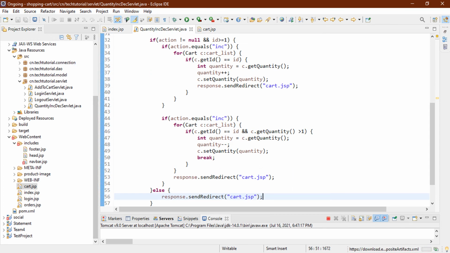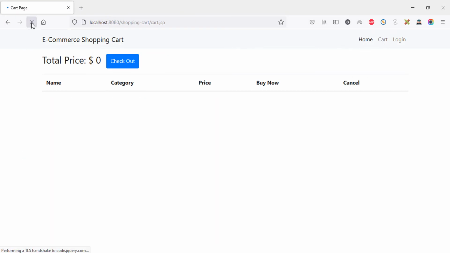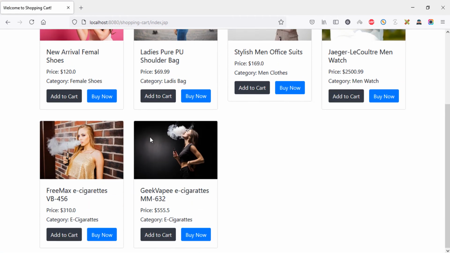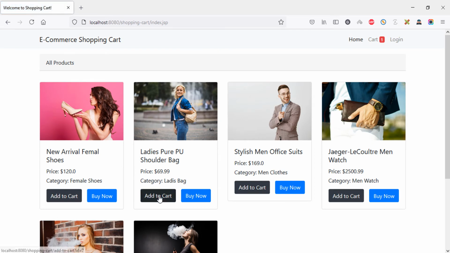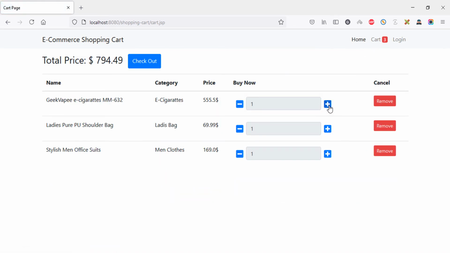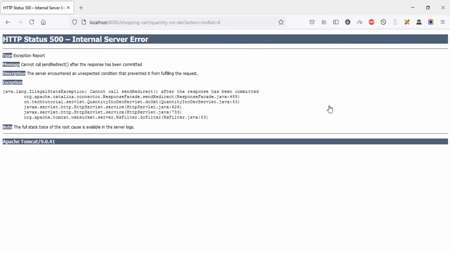Go back to our page and refresh. There is no product right now because the session has been destroyed. Add a few products, go to our cart page, select increment, and we are getting an error which prevents fulfilling the request, called sendRedirect.